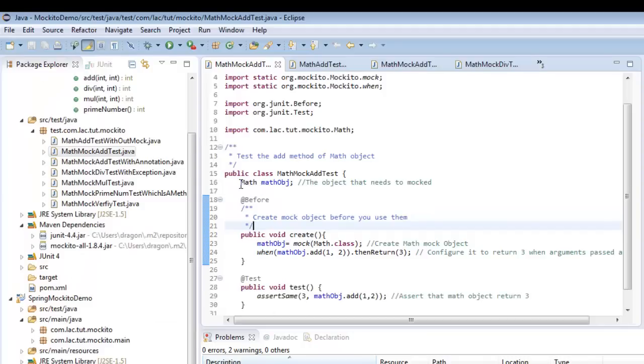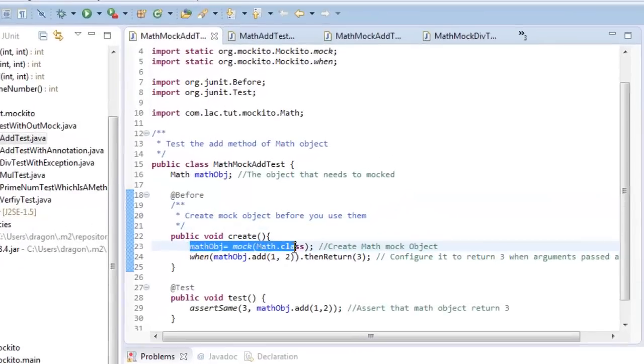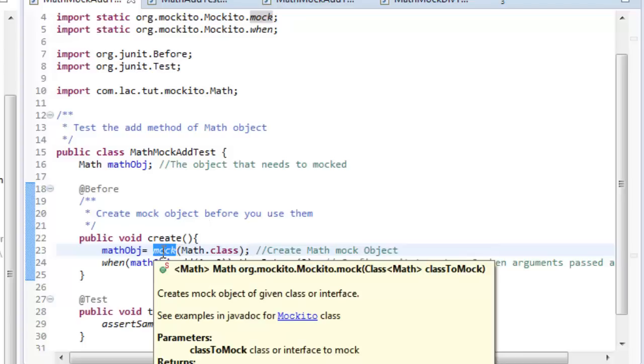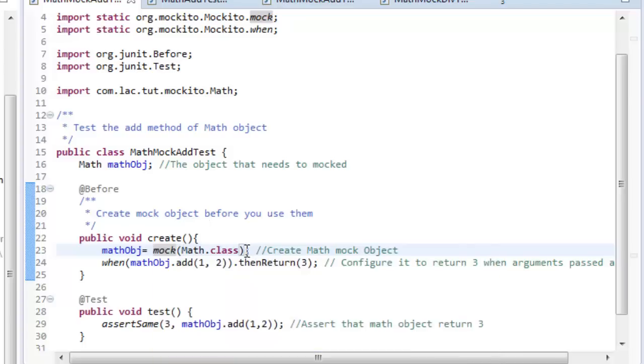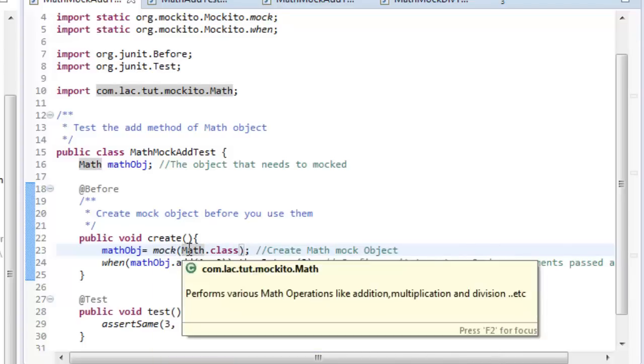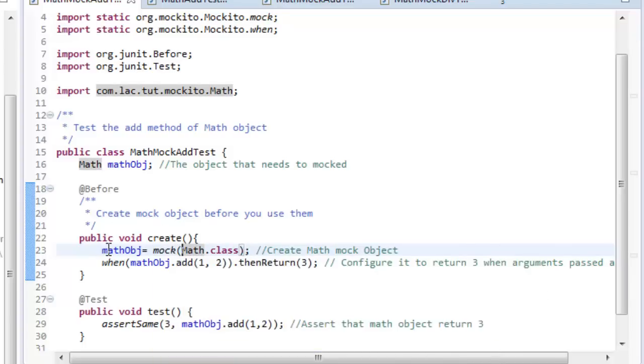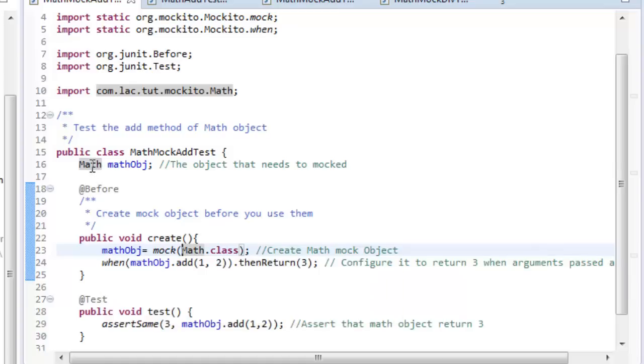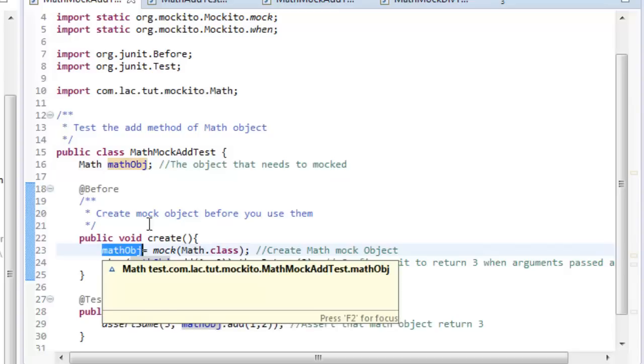I'm creating a math mock object with the static method mock, which is defined in the Mockito library. The static method mock takes a class object as an argument and creates the mocked object of that class. So here it takes the math class as an argument and creates a mocked object of it.